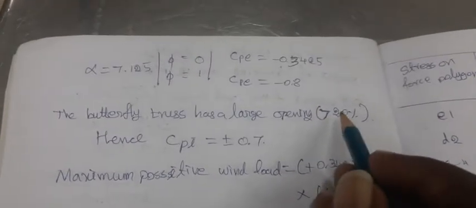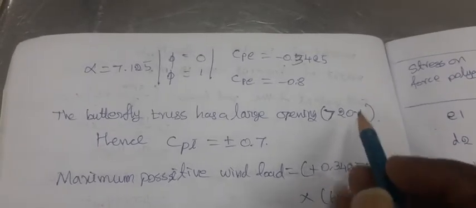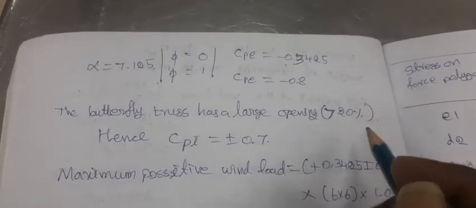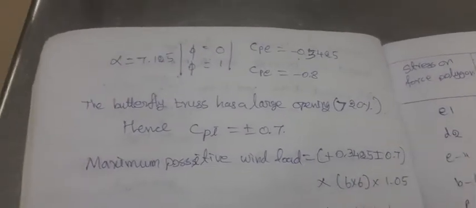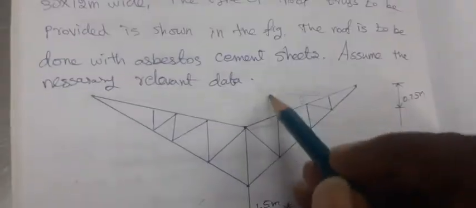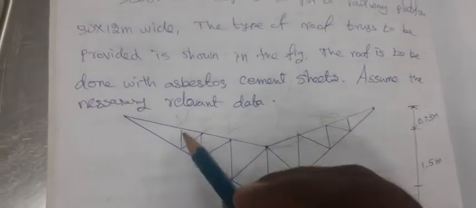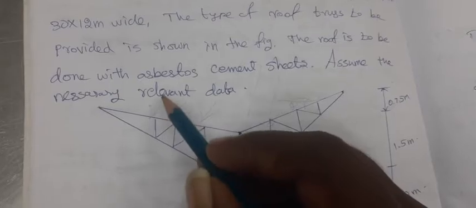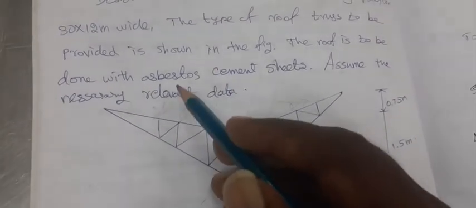So its opening is more than 20%. So we know it is a large opening, so there are no side walls. Having large openings means the internal wind pressure will also be higher. So for example, this is the actual wind force direction here. It will be acting in the local direction of this plane. So it is an external wind pressure direction.